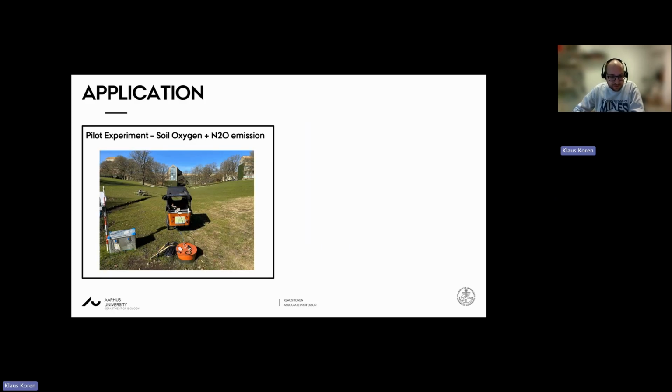And we also try to use it now, and this is a study that's currently in progress, and I hope it will come out maybe this year or next year, where we combine this MARTINIS system with N2O emissions, with flux measurements, because we want to actually correlate what happens below the soil surface to what comes out of the soil surface. And here the data is also quite promising, and I think we can really show that getting this two-dimensional, highly resolved information of the oxygen helps us to better understand the dynamics and processes in the soil that lead to